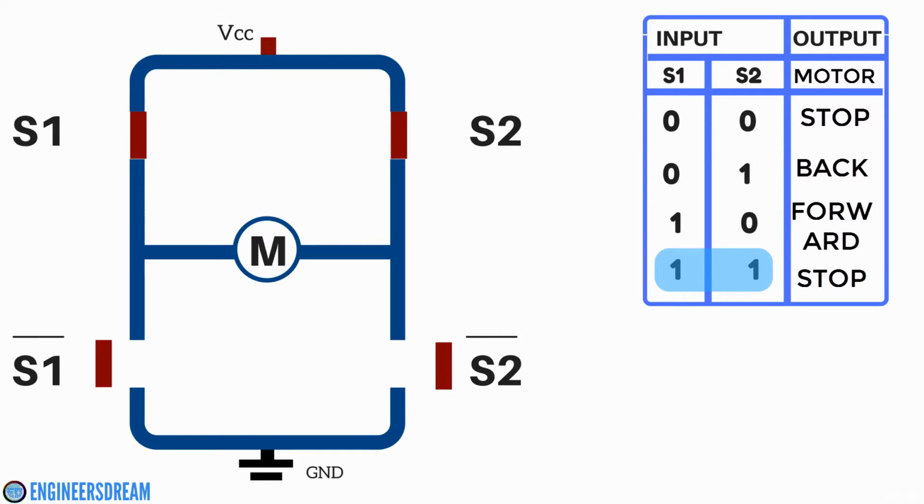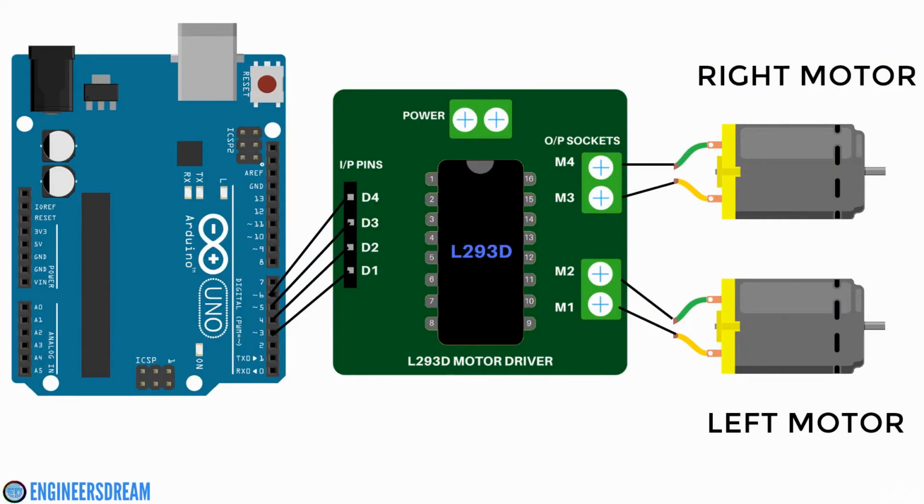Now guys, after understanding the conditions, let's look at a very simple example. If you connect pin number 3 and 4 from the Arduino to the D1 and D2 pins of the motor driver. Similarly, if you connect pin number 5 and 6 from the Arduino to D3 and D4 pins of the motor driver. Next, if you connect the M1 and M2 socket of the motor driver to the left motor,